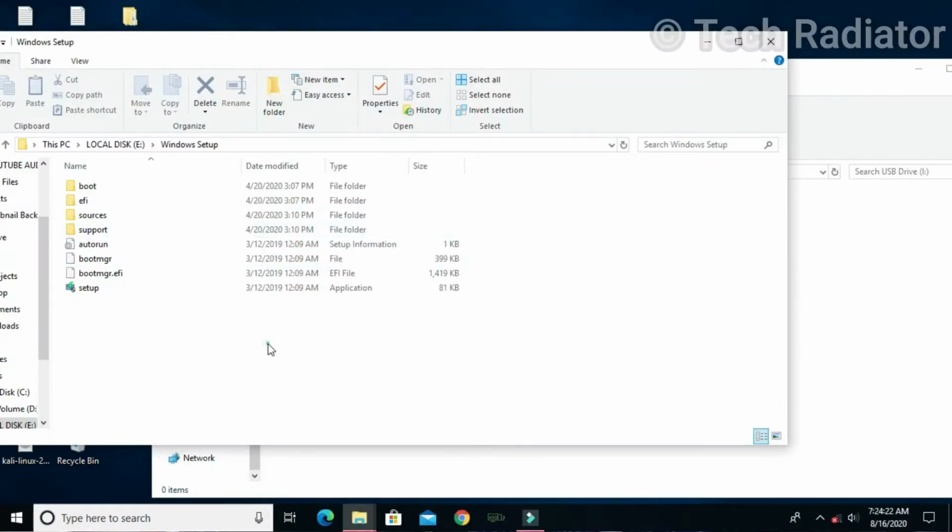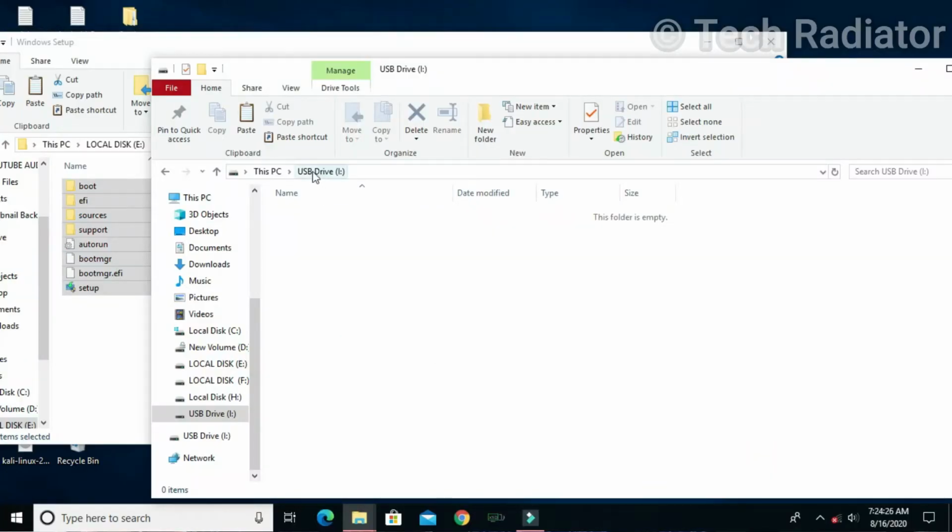You need to copy a Windows setup. Here we are installing the Windows 10 setup. In the description you will find the link of the setup, which I will upload somewhere else. You need to go to that link, and there you will find all the files or setups that are available. You need to download all of that, and then copy all the files that I have given in the description. From there you can go to that link and directly download those files, and you need to copy all those files or folders whatever are listed there, and then paste them in the pen drive which you want to make bootable.